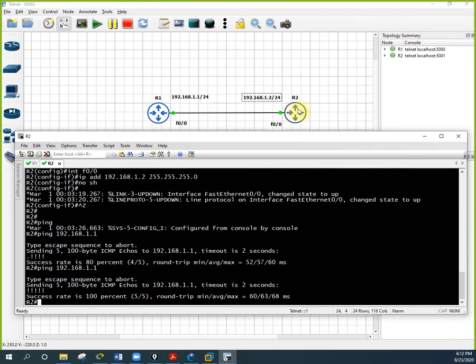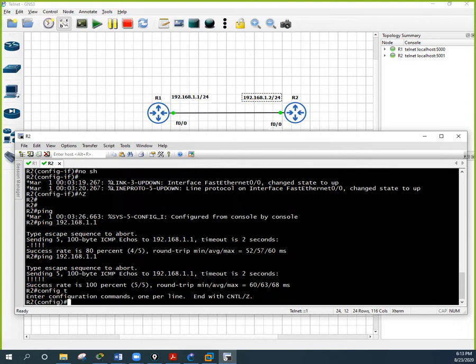Now we need to configure this router. What do we need to configure? We need to configure telnet. If you want to configure anything, we need to go into the configuration mode. So now I am in the configuration mode. My aim is to create one user. If you want to create one, we can create, or if you want to use directly, we can use directly also.